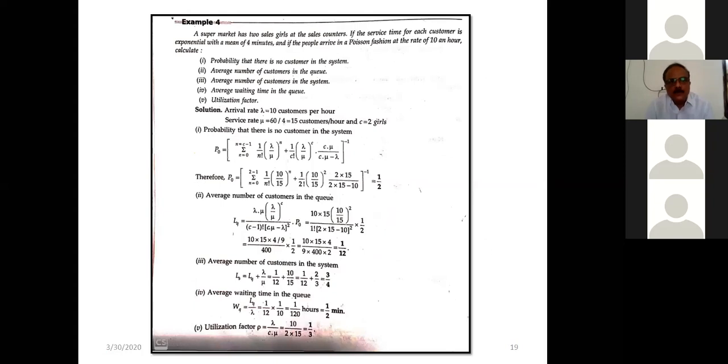The problem is a supermarket has two sales girls. Two sales girls, not only one girl. That means it is a multiple channel, multiple server system. A supermarket has two sales girls at the sales counter. If the service time for each customer is exponential with a mean of 4 minutes,